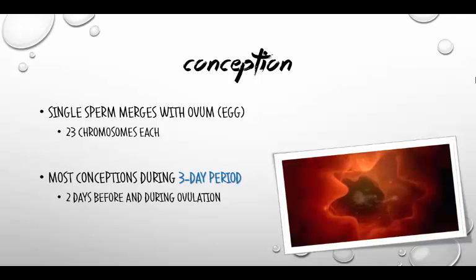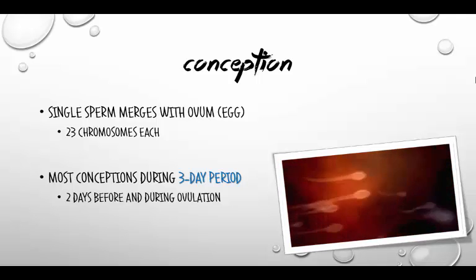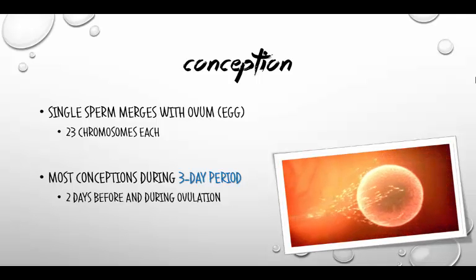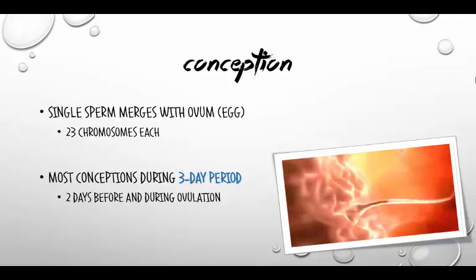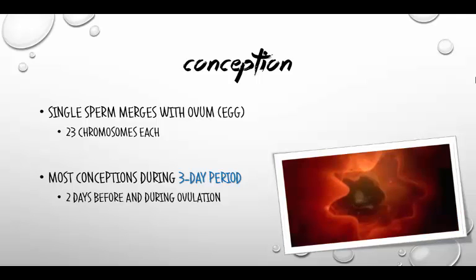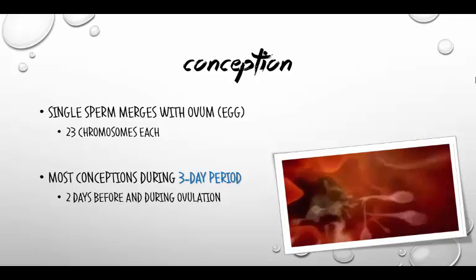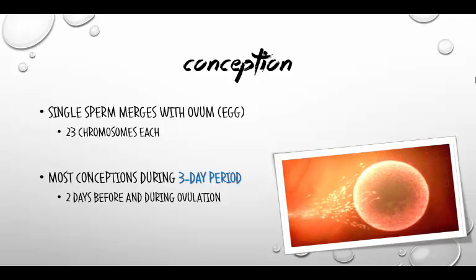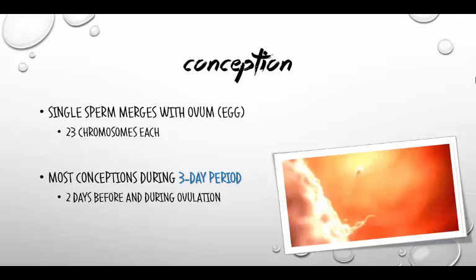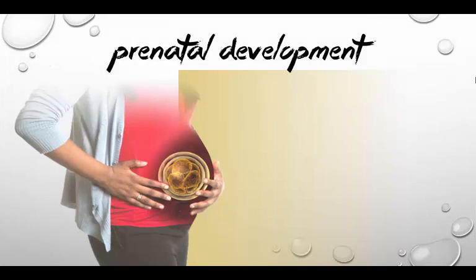Alright, most conceptions happen within a 3-day period. That's 2 days before and during ovulation. Part of the reason for the staggering is sperm do have several days they can exist in the uterus, and so it's possible to have sex before ovulation, but still fertilize that egg eventually. Now, many of you have heard of trimesters, but I want to throw those out. I want to teach you 3 periods of pregnancy that I want you to know, but they're not related to those 3-month cycles. Those are just arbitrary lines we draw to keep track of things as expected parents.